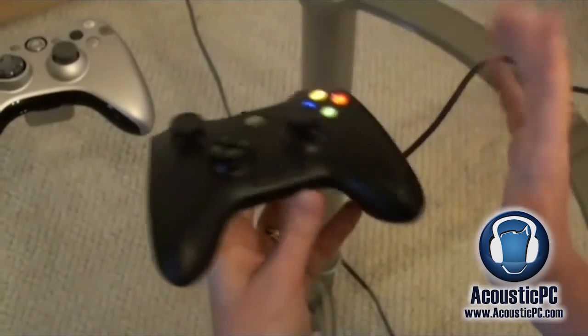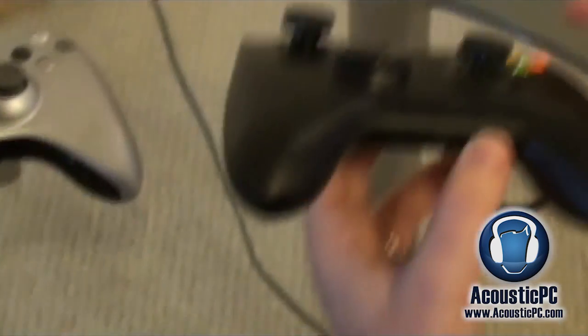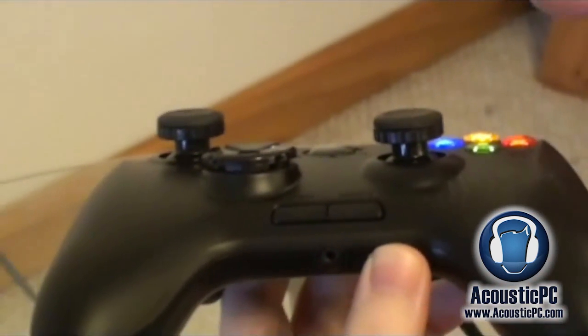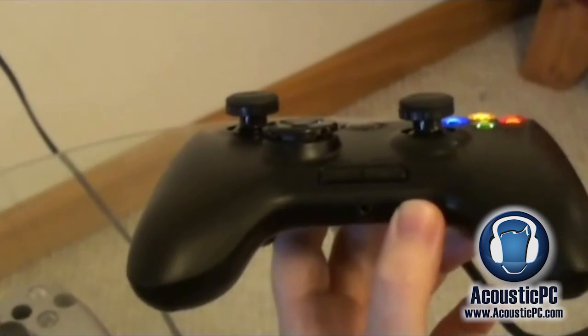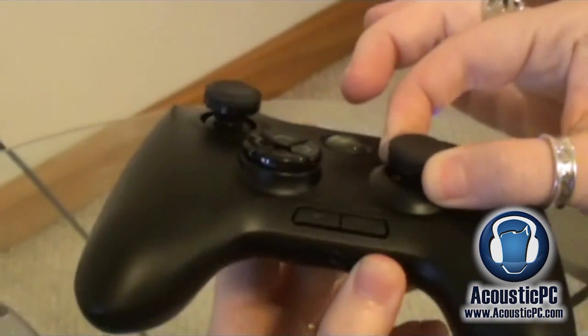Also, this controller, I waited to talk about this last. The claim to fame, per se, for this controller is the analog sticks. They stick up just a bit higher than your basic controller, but they're not as high as a Control Freak, things like that. However, the wheel, as you can see here, and you can hear it when I turn it,